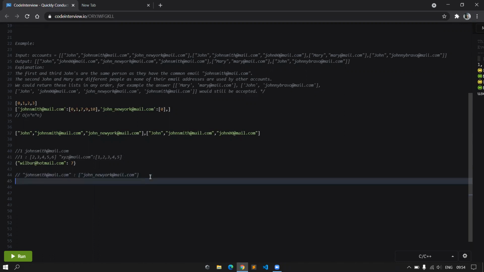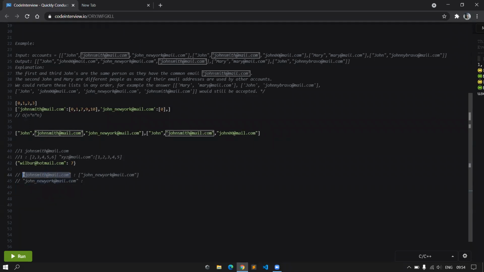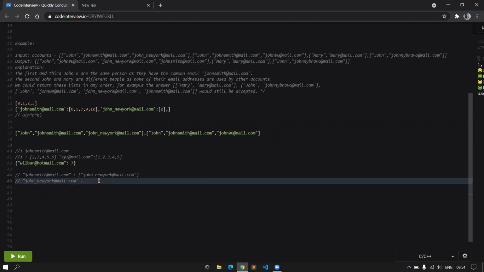Since it would be a bidirectional edge, we would be adding both. For the first list we will get this as the structure of the graph, and after this we need to go through each of the individual lists and then construct the graph as it is.